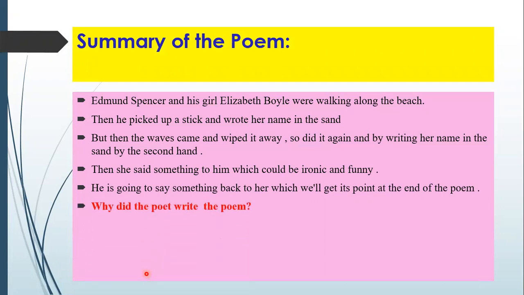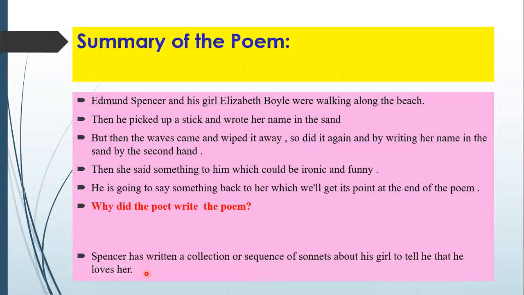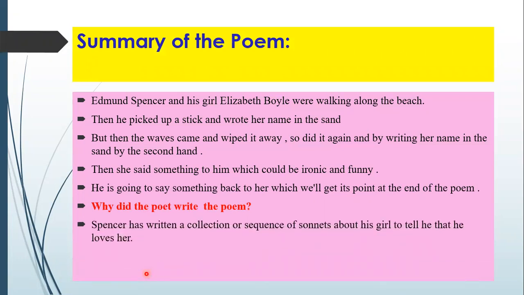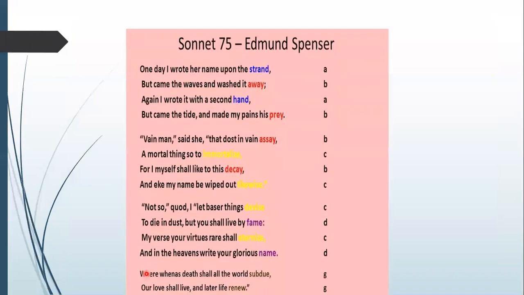So why did the poet write the poem? Spenser has written a collection or sequence of sonnets about his girl to tell her that he loves her. And the second reason is that he would like to immortalize the name of his beloved girl. So let us have a look at the sonnet. Here we have a sonnet,